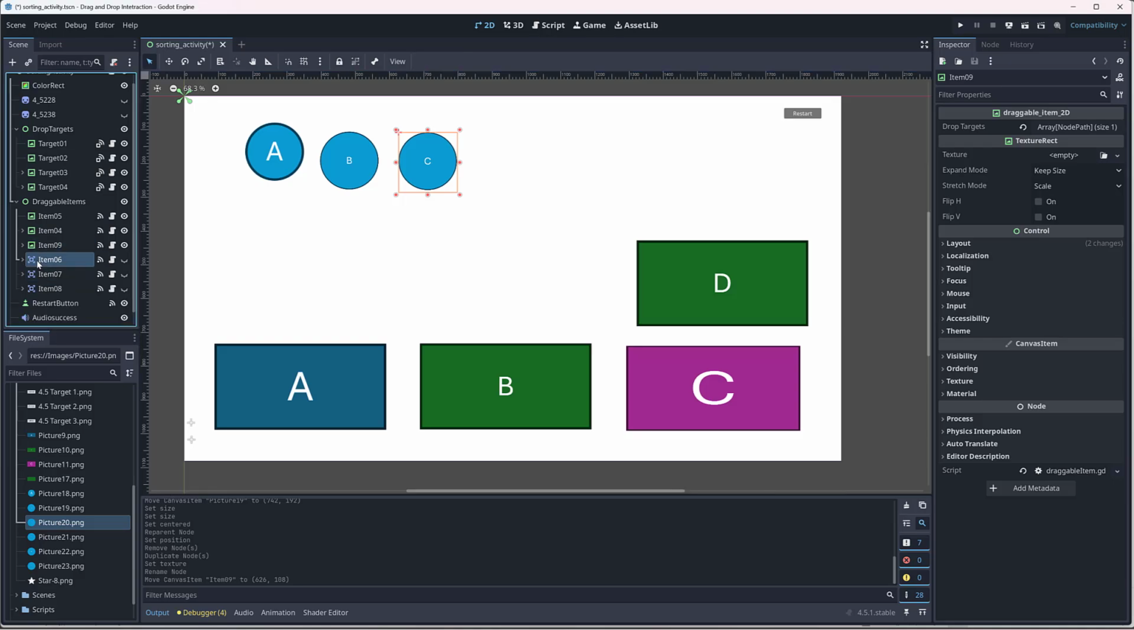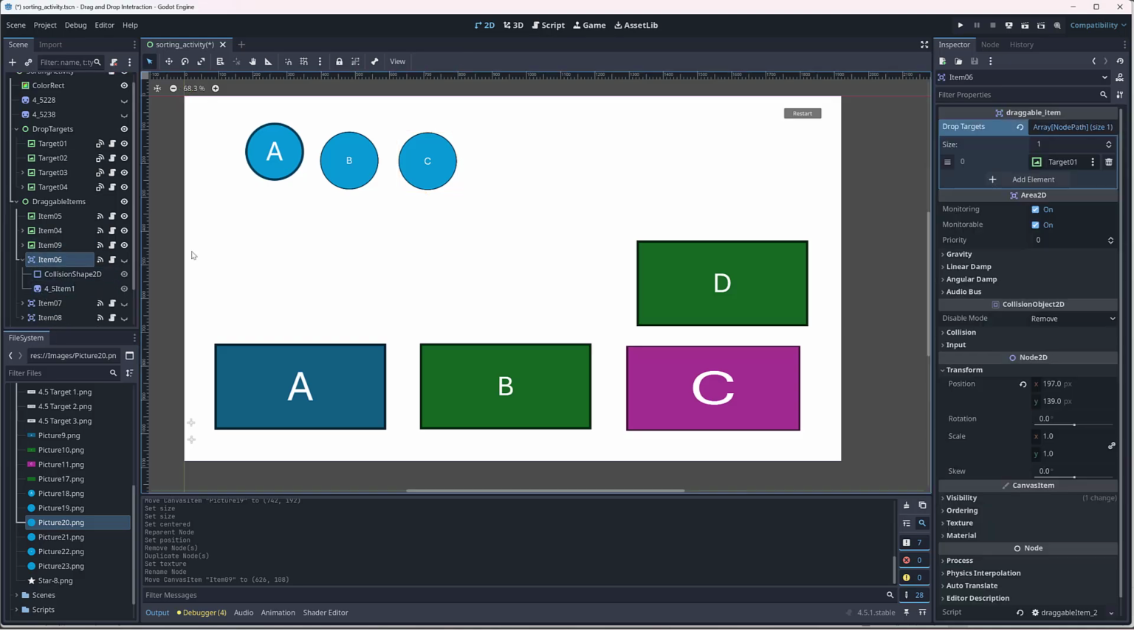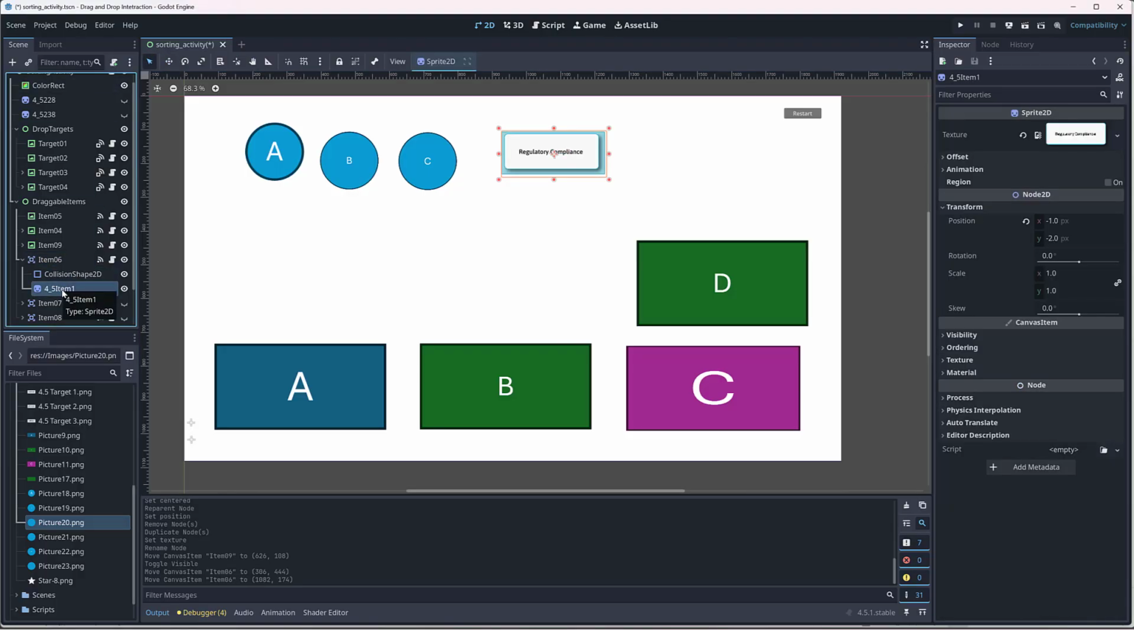Now over here, these will be a little bit simpler. Again, I'm going to grab item 6, but I'm going to use the move tool to move it around. That way I can see it better. And go back to the pointer tool. Now all you need to do is basically replace the texture on the image node. So go to picture